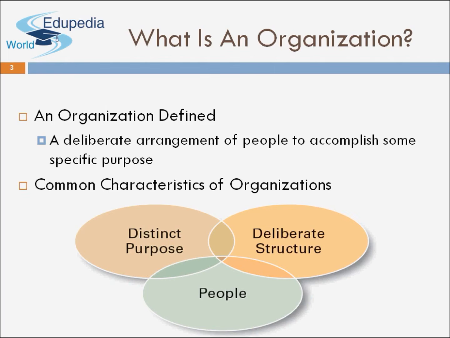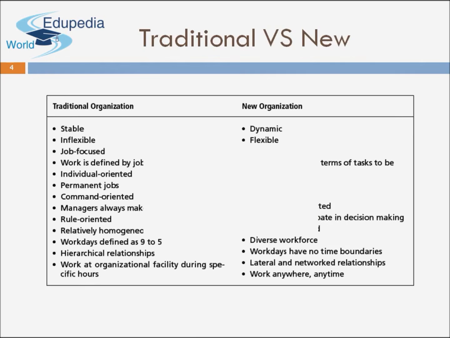That means people come together in an organization to accomplish some specific objective, and when they have to meet this particular objective, they work in a particular organization structure so that the work being done in the organization can be done smoothly. So an organization, again I'll repeat, is a deliberate arrangement of people who come together, they form a structure in order to meet their ultimate goals.